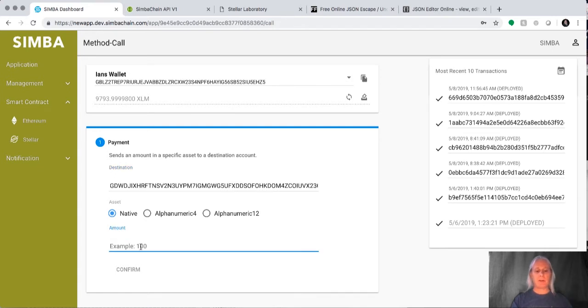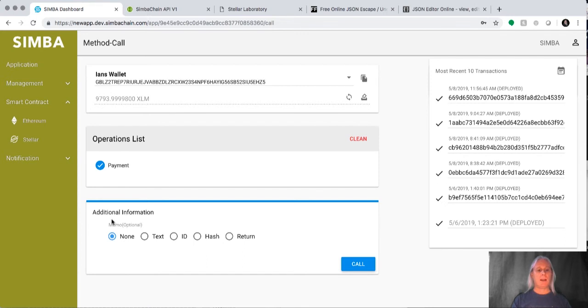How much am I going to pay? I'm going to pay, let's say, 200 lumens. I've got a balance of 9793 here, so that should go down to 9593 once this is confirmed. So I click for confirmation. It asks me if I want to add additional information to this transaction. I'm going to put a note saying paying Joel some lumens